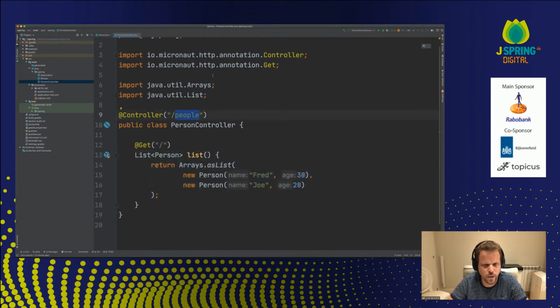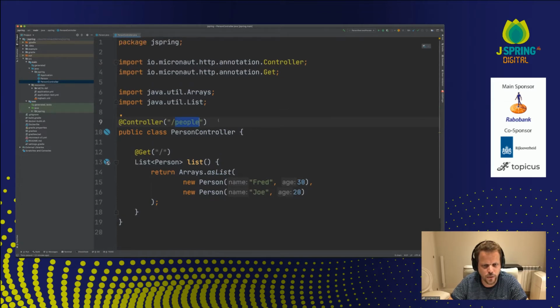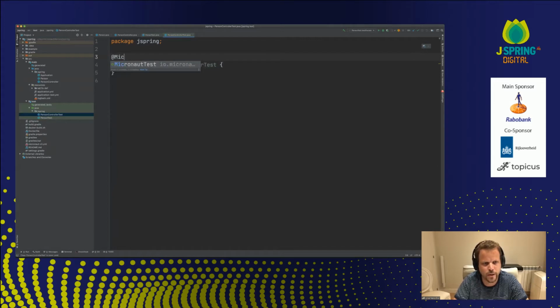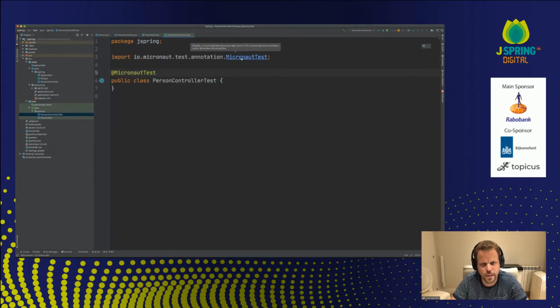So how would I go about testing this in Micronaut? So I already have a person test here. What I can maybe do is create another PersonControllerTest. And on this test, I'm going to add @MicronautTest. So MicronautTest is the testing framework and toolkit that comes with Micronaut.